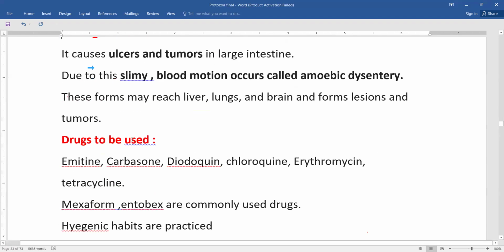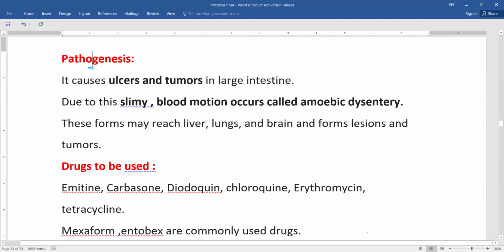What is the pathogenesis? It causes ulcers and tumors in the large intestine. Due to that, slimy, gum-like bloody motion occurs, which is called amoebic dysentery. In Telugu we call it sticky loose motions. So amoebic dysentery is the main